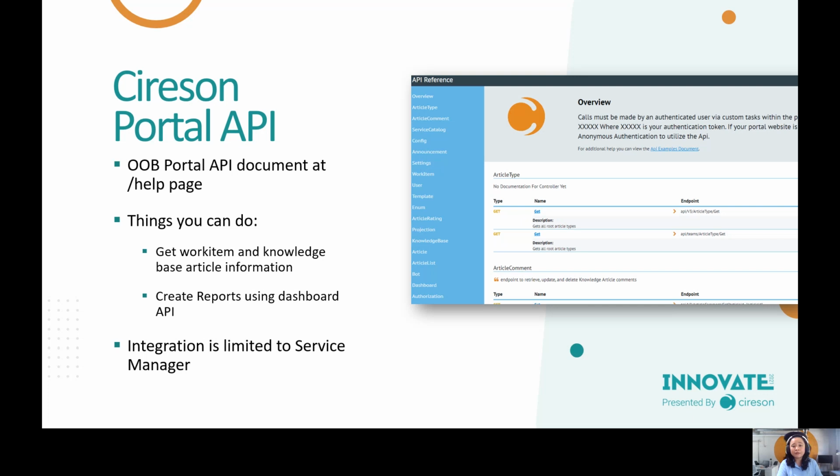And you can easily do this by just calling our save projection endpoint, and that would help you save things faster onto the SCSM side. And all of these things are documented at our API reference page. You can view it by appending /help to your portal URL, and that should redirect you to a page listing all the available endpoints that the out-of-the-box portal has right now.